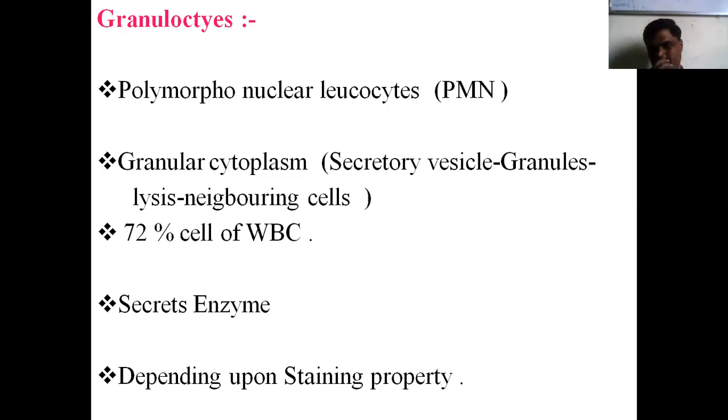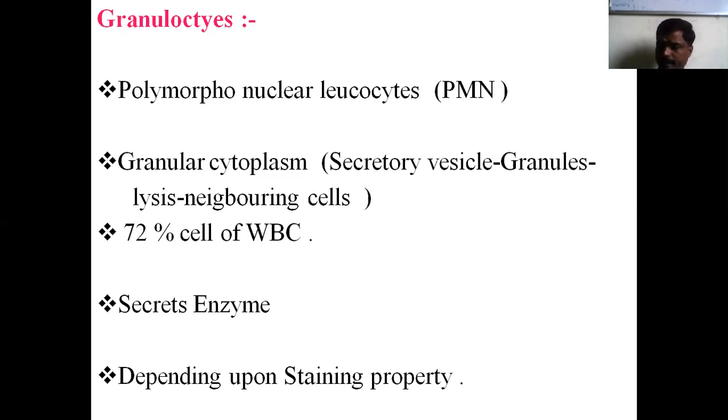the neighboring cells. It is protective in nature, so it is useful in phagocytosis. It destroys the neighboring cells or any foreign cells, which is called lysis. It is about 72% of the total WBC count among granulocytes. It secretes different types of enzymes for phagocytosis. You know, the different hydrolytic enzymes are useful for